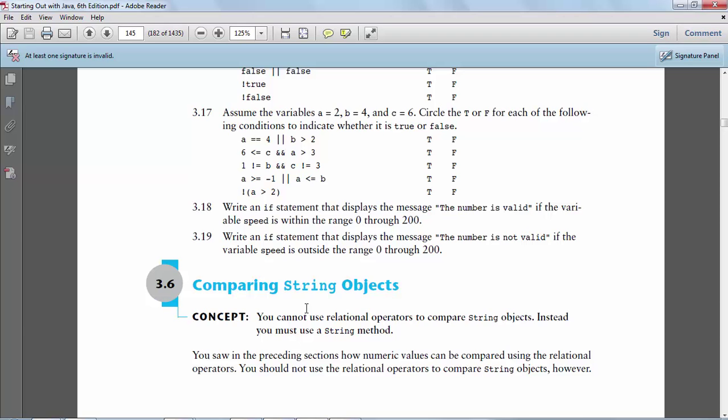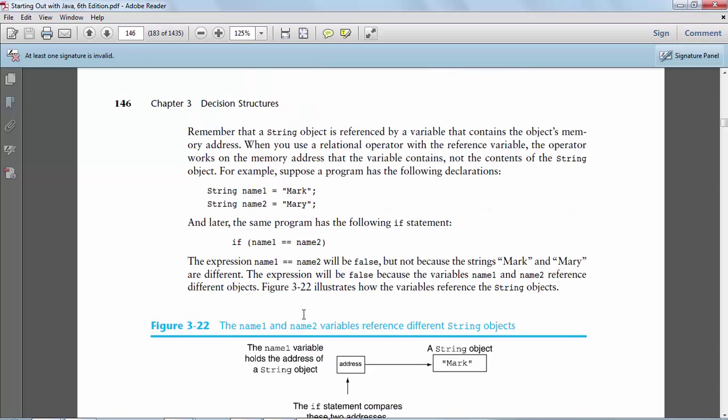All right, so that's if you're comparing, remember, the Java primitive variables. We talked about those primitives before. Those being the whole number, byte, short, int, and long. The ones that can hold a decimal place, float and double. And the ones that are not numeric, char and boolean. But now let's talk about